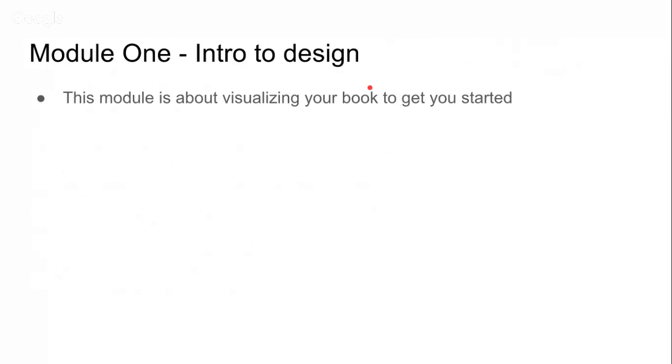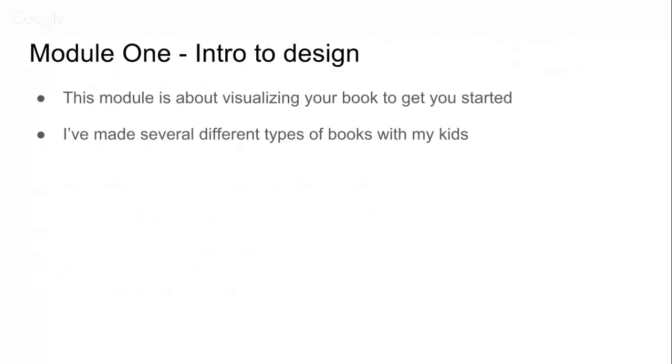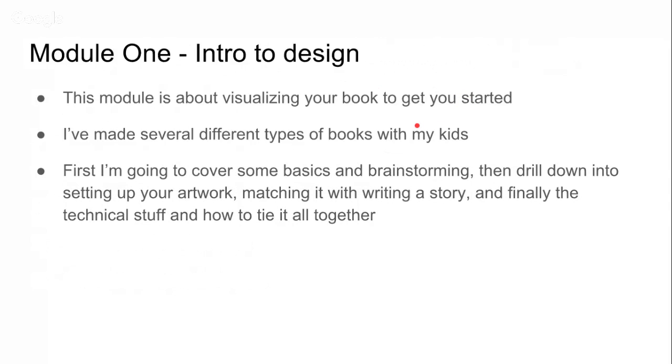All right, so here we're going to go with this module, which is going to kind of be an intro into design. So we're not going to start with anything hard today. This is really just going to be about you have an idea for a book and you want to sketch out some stuff. So here's some of the things that I do. It's about visually designing your book to get started. I've made several different types of books with my kids. I told you some of them have been comic books, some of them have been storybooks, and cartoons. And these are experiences that I've applied to this process from things I've learned along the way from much harder